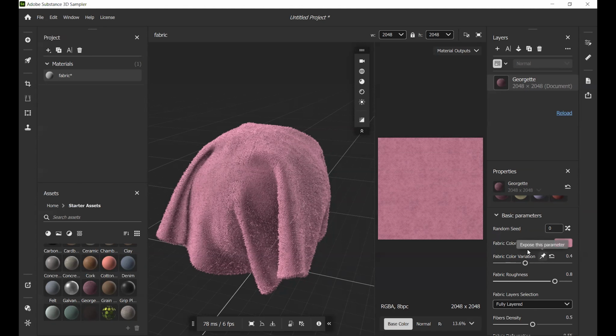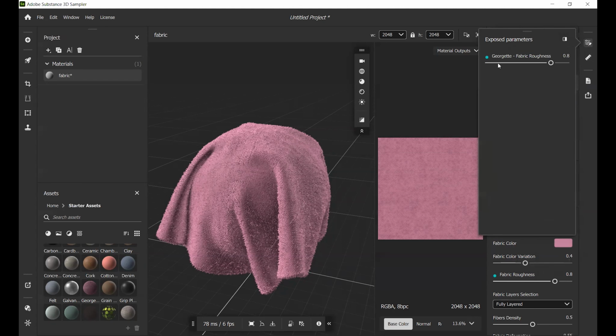In properties, if you have a material here, you can see we have this thumb pin. If you click on that, it will appear here. Like this is the fabric roughness property. And now in exposed parameters, we have that fabric roughness property.